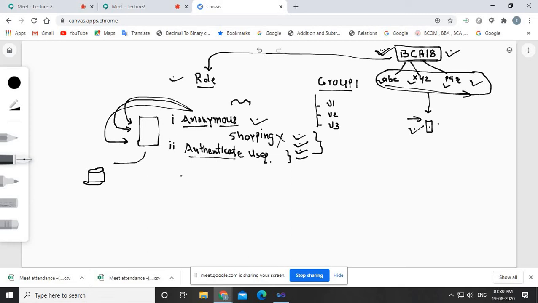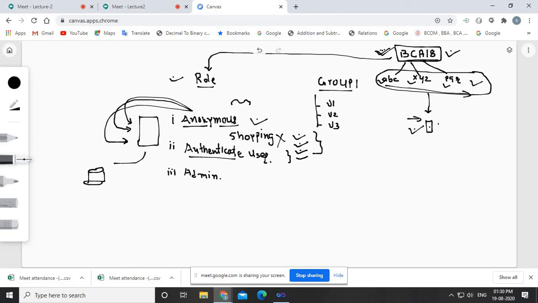To insert or delete a product, we have to create a special user called admin. So here the third category will be admin. The admin user will add the product, the admin user will modify the product, and so on. So three different types of users are there if we are talking about a simple basic e-commerce website.